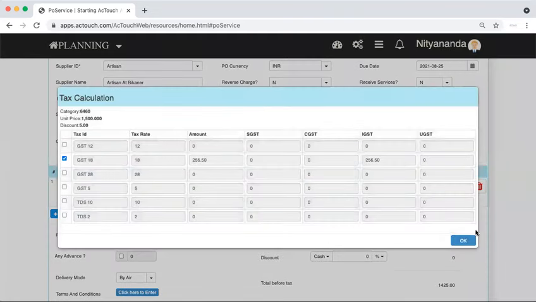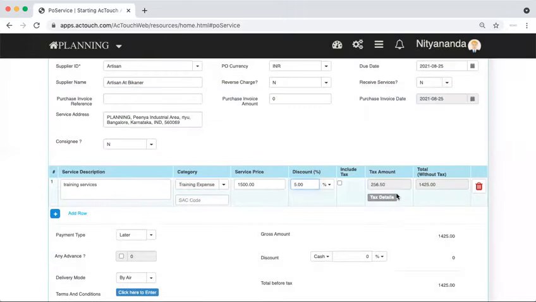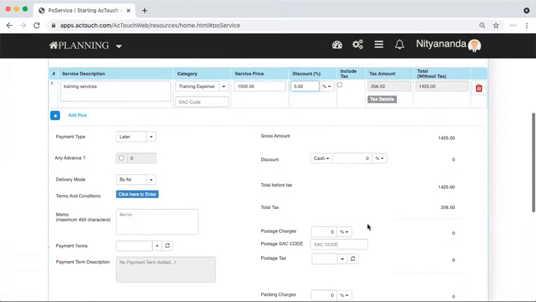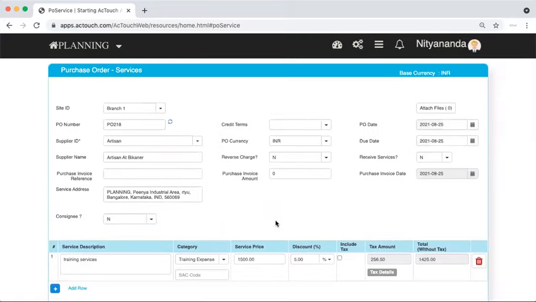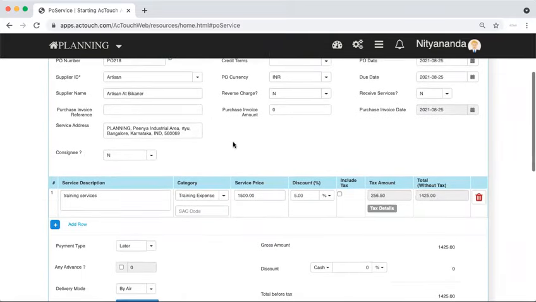Typically the tax structure is based on the country, you can select the particular taxes, right? So this indicates the total document value. Purchase order value is about 1682 right now. So this is one way of doing the services.